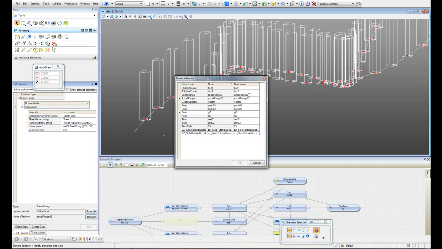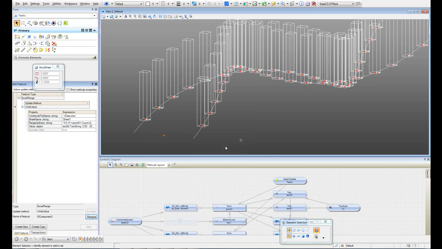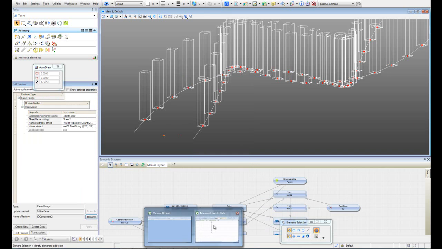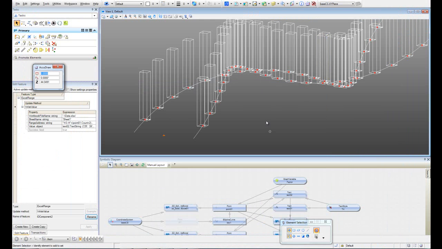Excel range, this is going to be ID component 1, and this one is going to be ID component 2, and hit OK. So if we go here and let's just match these numbers, 1, and this is going to be 2. So